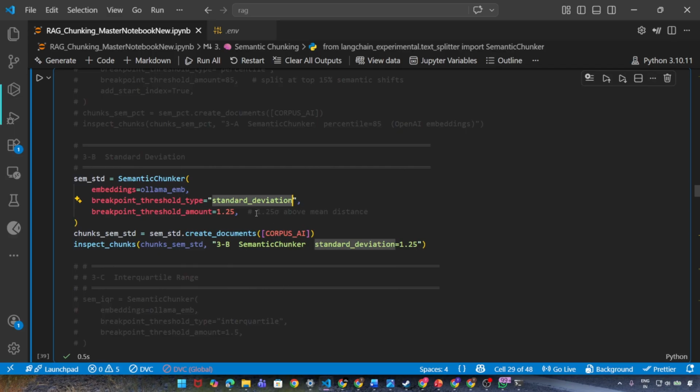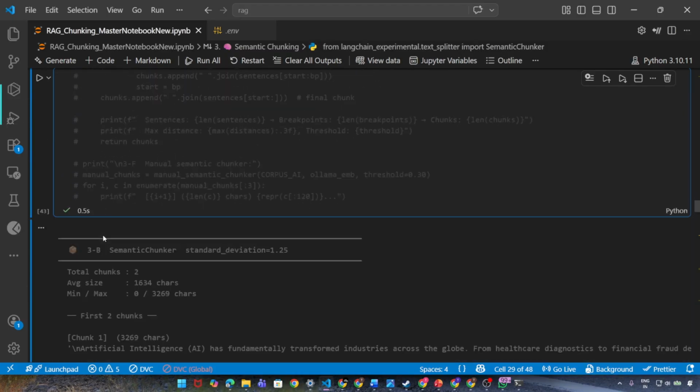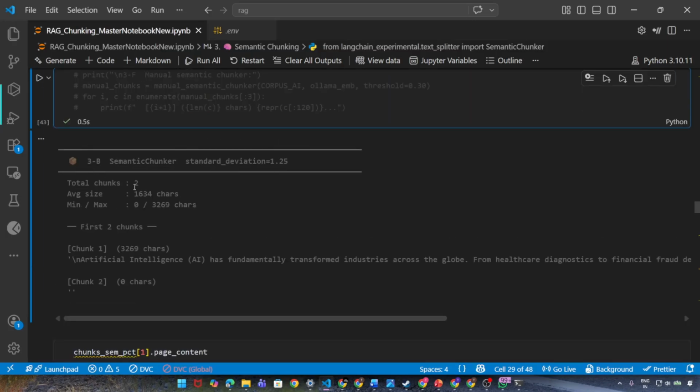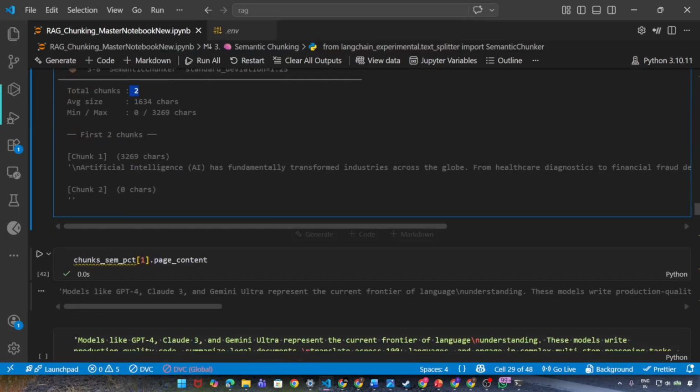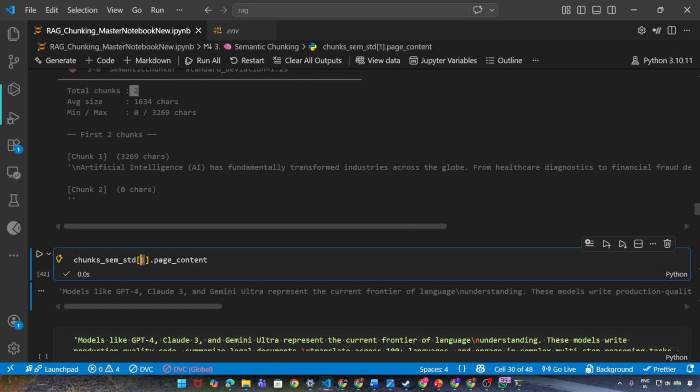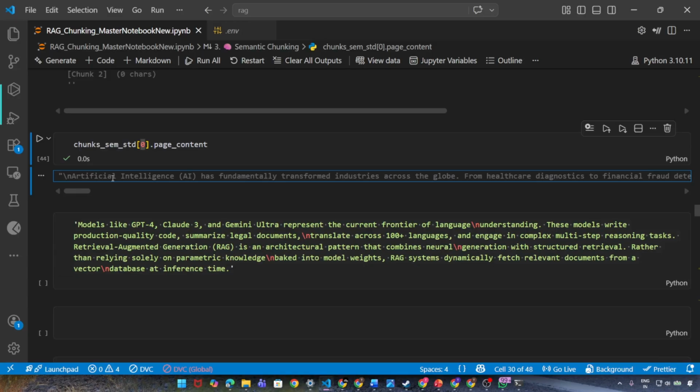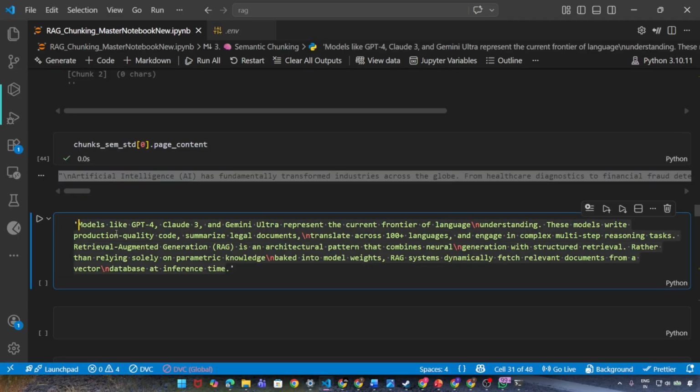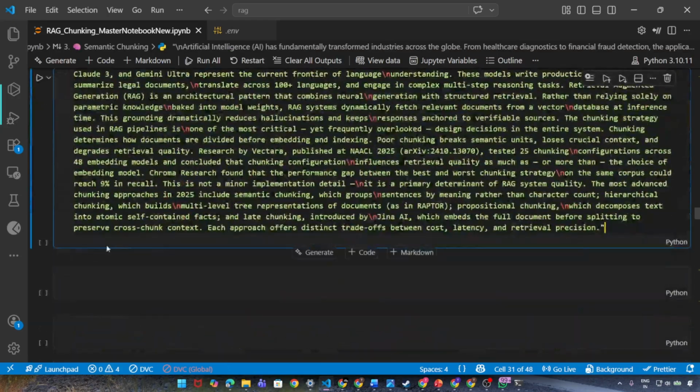So 1.25 sigma above means distance, right? So again, if I do it and just copy it and paste it here again, for this it got only two chunks, okay? So now if I execute this code, I may see the answer. And let's see. See, for this it got a bit